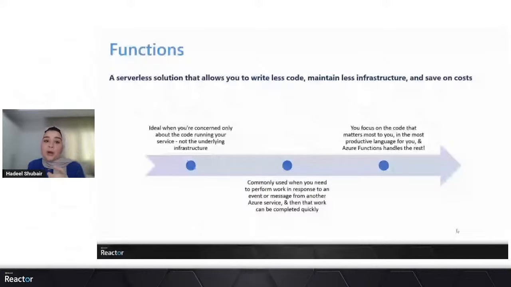The main use cases where you would see Functions being used are when you are not worried about the infrastructure and you are only focused on the code that is running your service. Functions are commonly used in response to an event, time, or message.